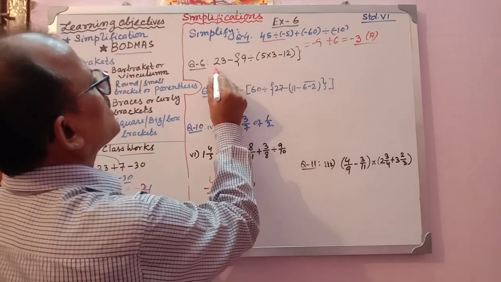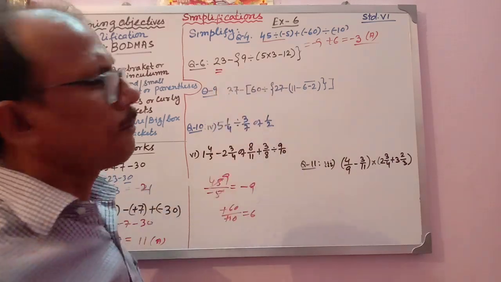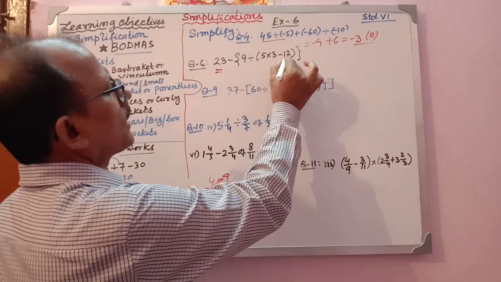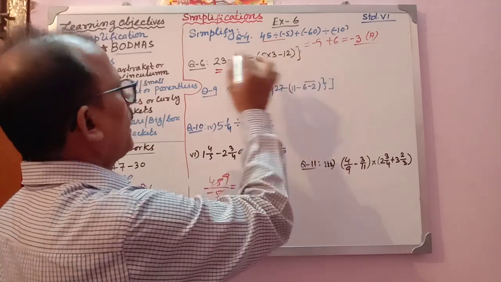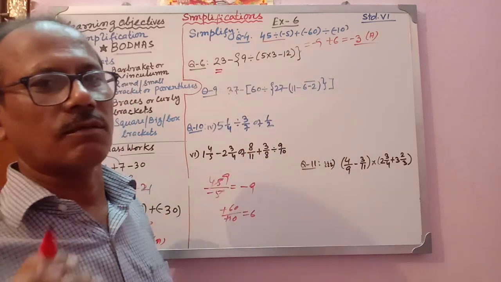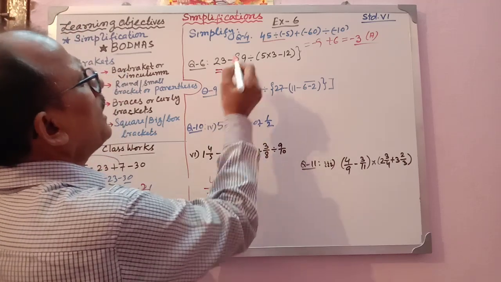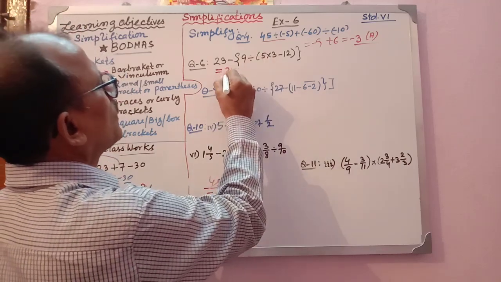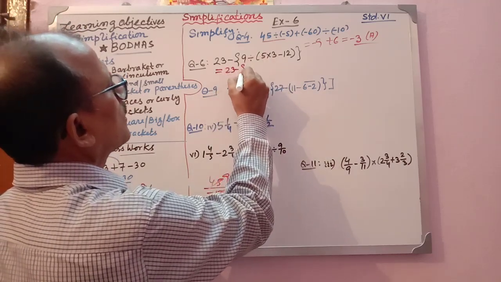Here the bracket is there. What will you do? In the bracket also, simple bracket work. Had it been a bar bracket, then you could have done the bar bracket work. So what we'll do, till the simple bracket work we will not do anything. We will straight away go into that.